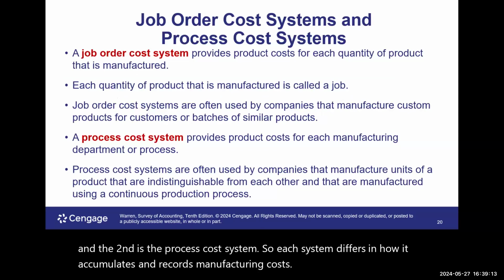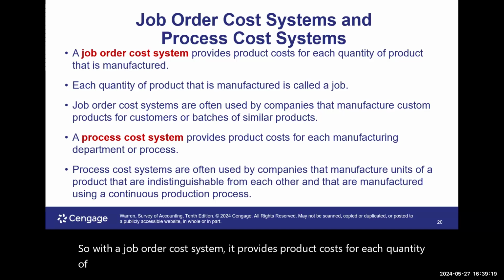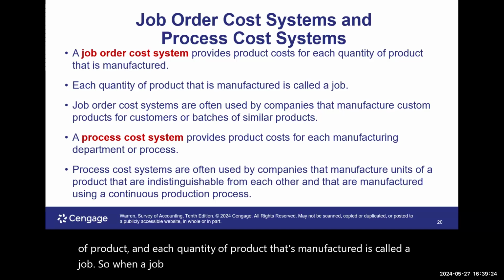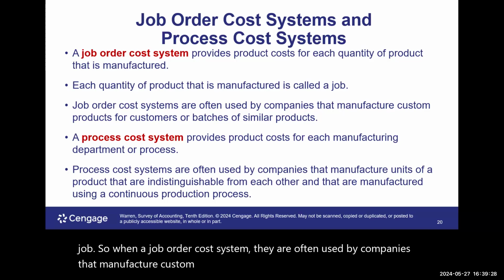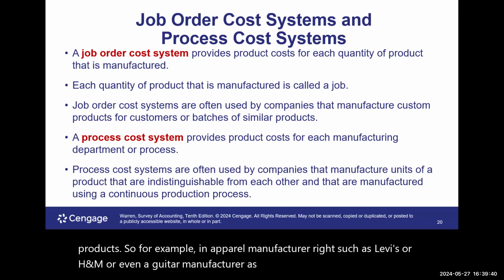So with a job order cost system, it provides product costs for each quantity of product, and each quantity of product that's manufactured is called a job. Job order cost systems are often used by companies that manufacture custom products for customers or batches of similar products. For example, an apparel manufacturer, right? Such as Levi's or H&M,